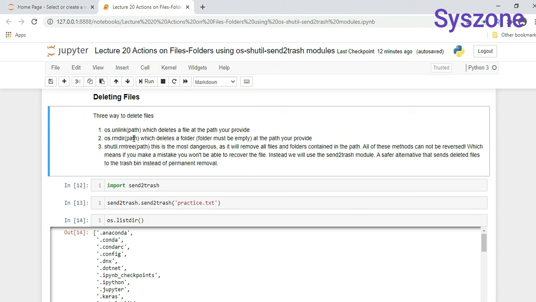Second one, the os.rmdir function, which deletes a folder at the path you provide. The only condition is your folder should be empty. Third one,